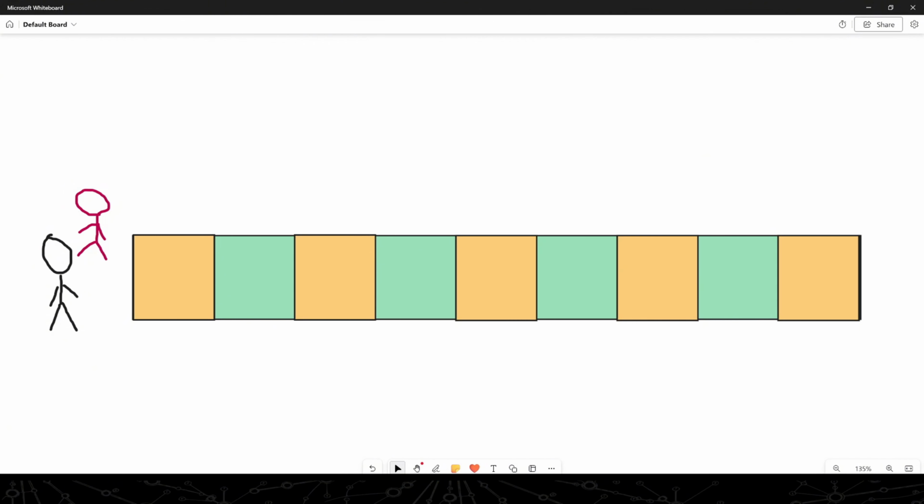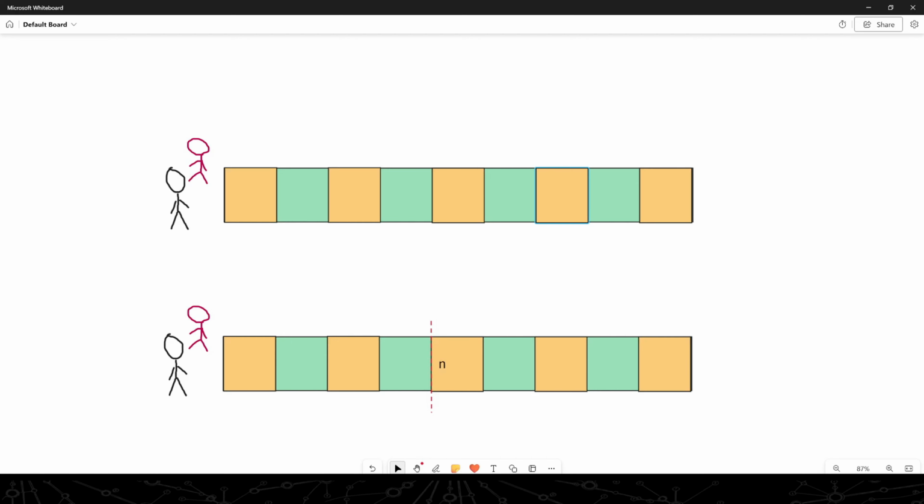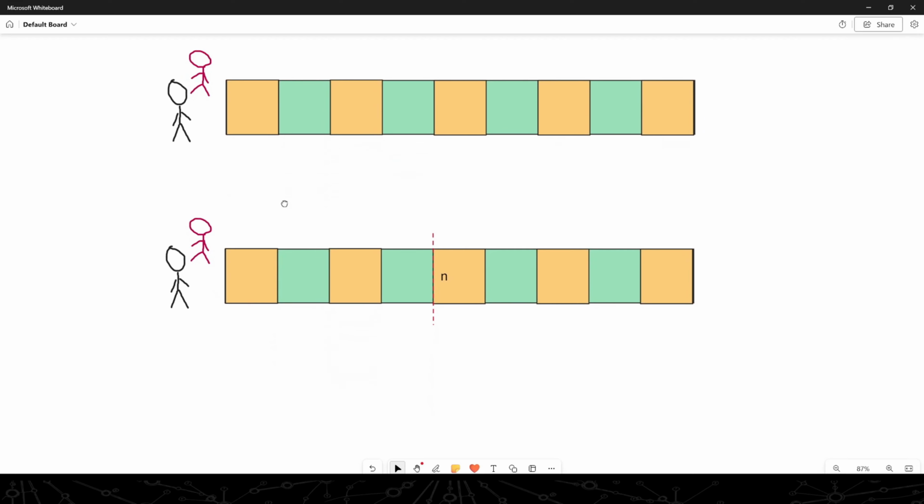So let's look at it this way. Now we have a point called n somewhere down the line in the path of squares. Let's move our leader to the square n. And once we have our leader at square n, we can start moving both the leader and the follower one